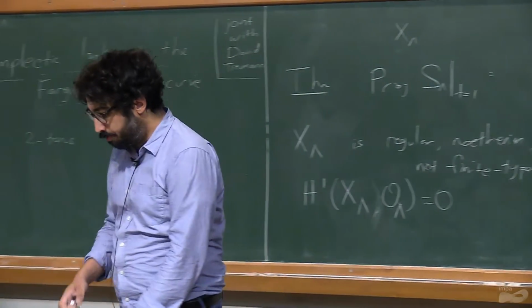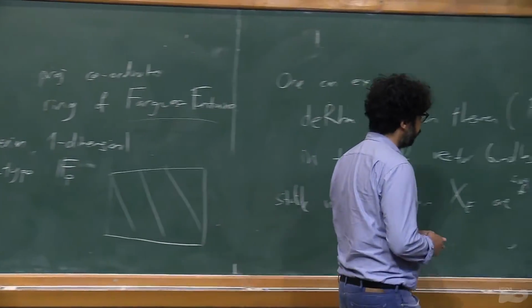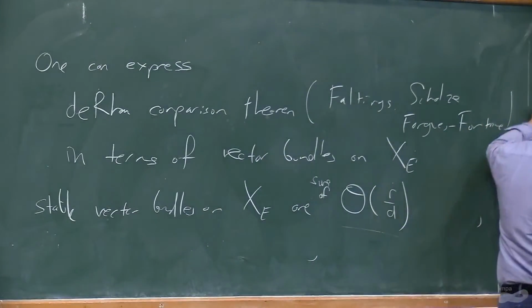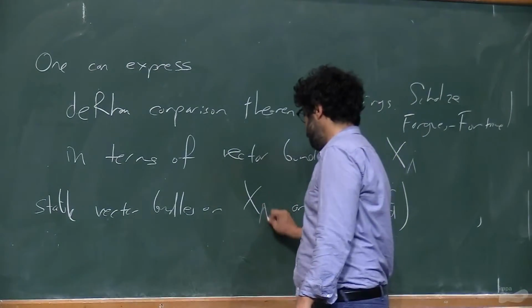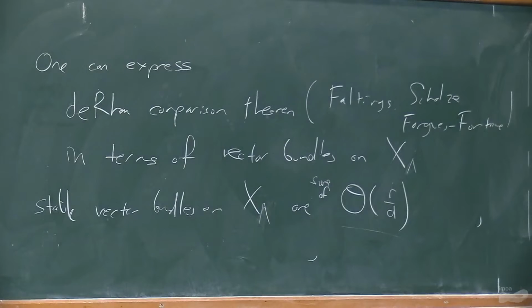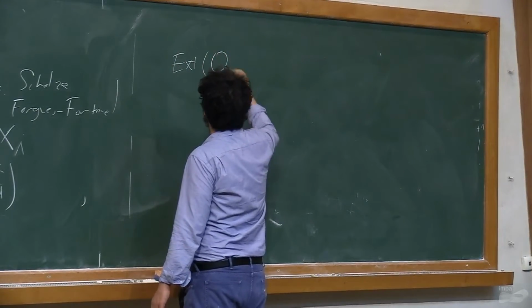Okay, and then there is a final bit of the story that I want to explain, which I kind of hid from you. What is E? Oh yeah, sorry, it's lambda. I should have written E from the beginning, but anyway. Thanks, that's exactly what I was going to talk about. So if I take X of this O of lambda,